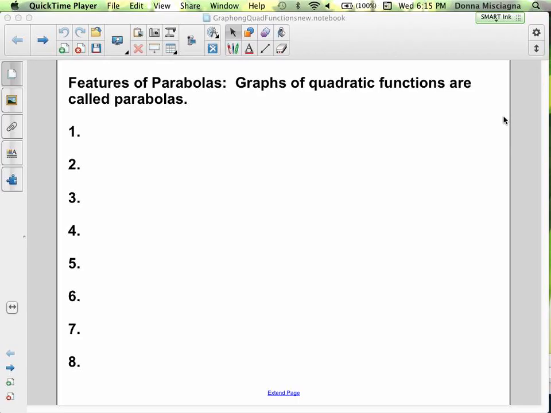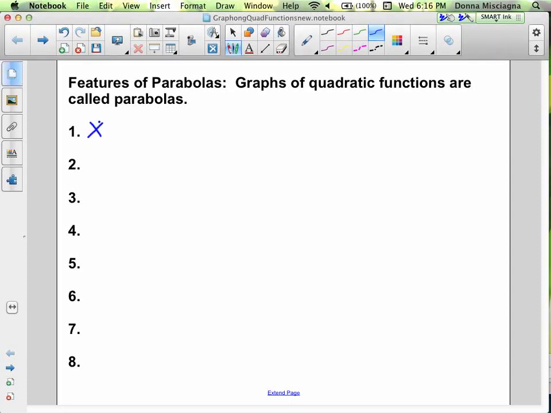So, features of parabolas. The graphs of quadratic functions are called parabolas. We've solved quadratic functions, and now we're going to graph quadratic functions. Some things that we're going to be looking at in terms of our quadratic functions and graphing them. We'll be finding